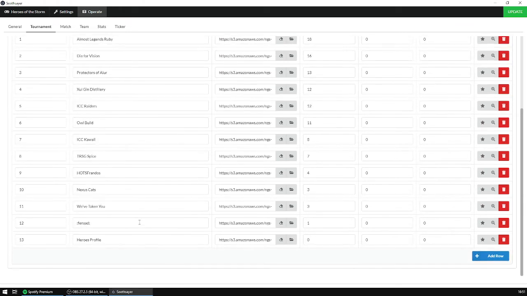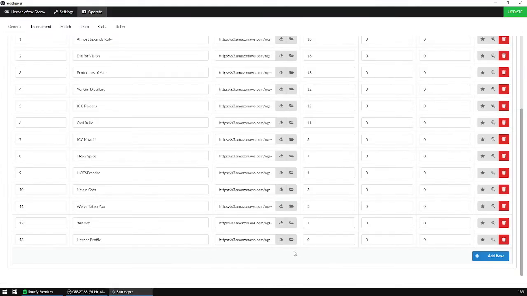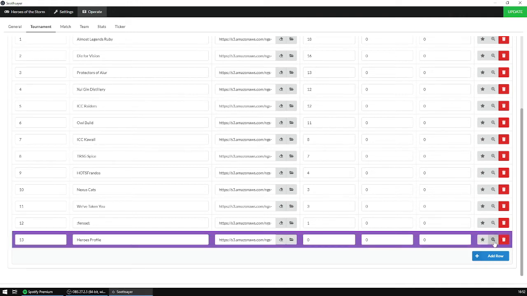All right. So where did the 13th team go? Well, it's just not displaying because it does not fit. It would be looking awkward. So what if you need to have the 13th team actually be on the screen? This is where the magnifying glass comes into play. So if you select that and you hit Update,